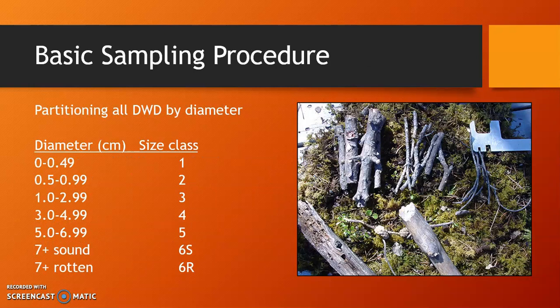And with dead woody debris sampling, it's really about partitioning all the fuels into different diameter classes. So size classes 1 to 5 would be for pieces of dead woody debris that are under 7 centimeters in diameter. And then there's 2 classes for pieces that are greater than 7 centimeters in diameter, and that is by sound and rotten